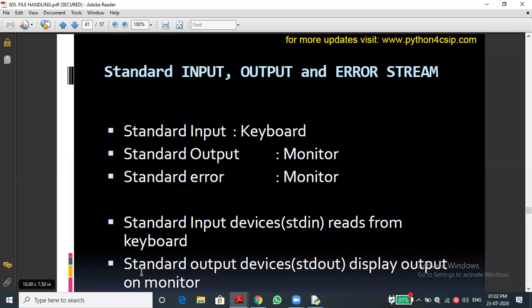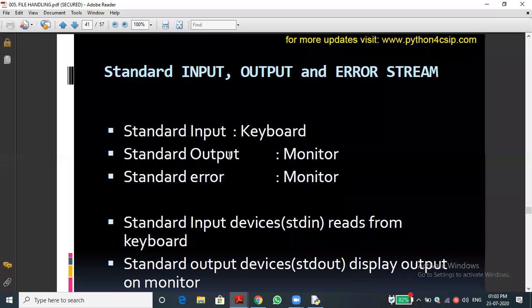Suppose I want to give input to a program, which function is used to receive the input? Input function. Yes. If you want data as an integer, use int of input; float, float of input. For a string, we can directly use the input function. Here we are going to discuss the standard input, which is the standard input device, the keyboard. These are all basics. And standard output, but the question will be asked in the board exam from this, because we think it is not important, but this is the question.